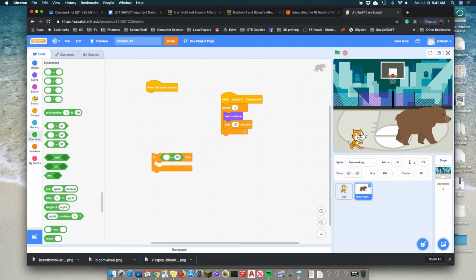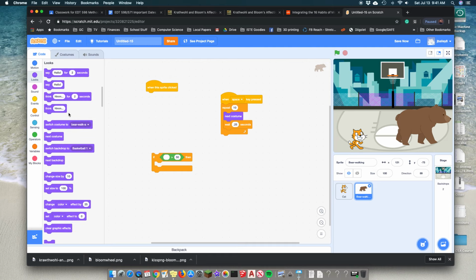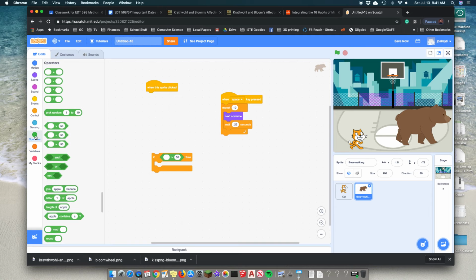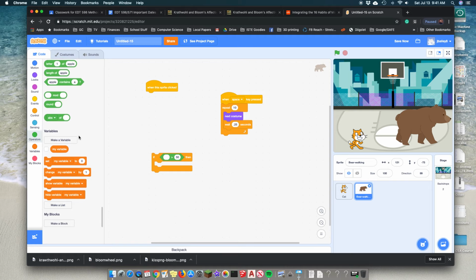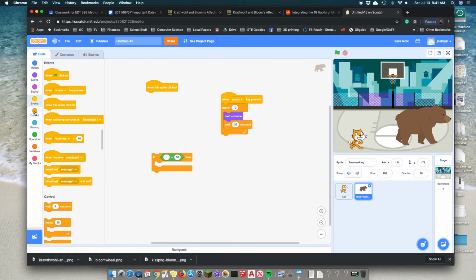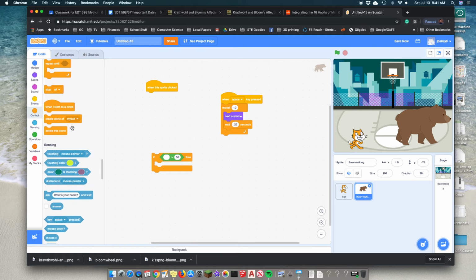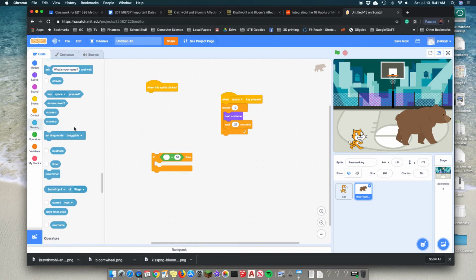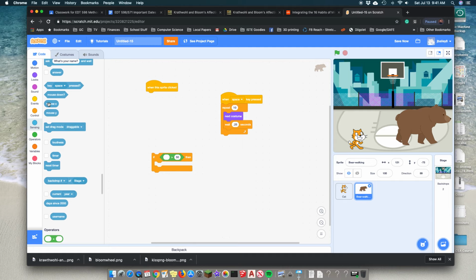Well, I can get the position of an object. Let me see if I can find where this is. This one's a little trickier to find, and you can just scroll through. Okay, I'll use this one. This is going to be a little bit strange, but this is under sensing. If my mouse position is greater than 50,